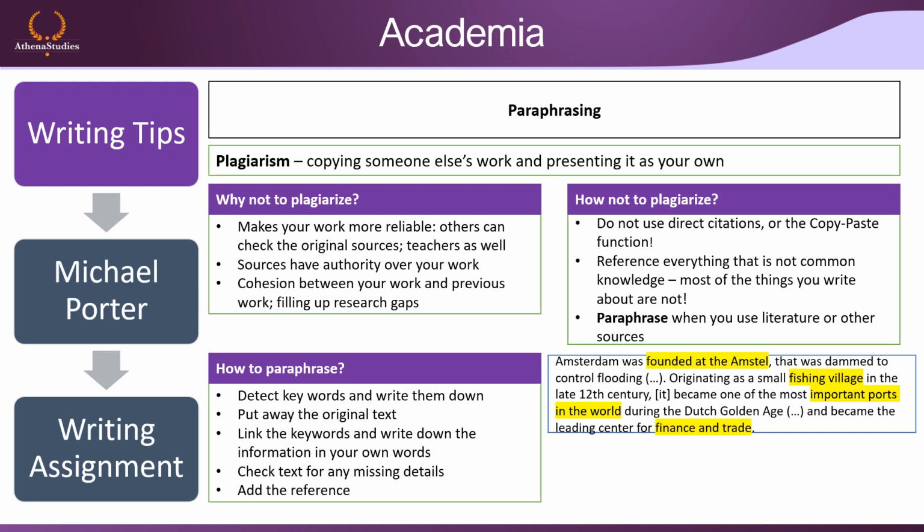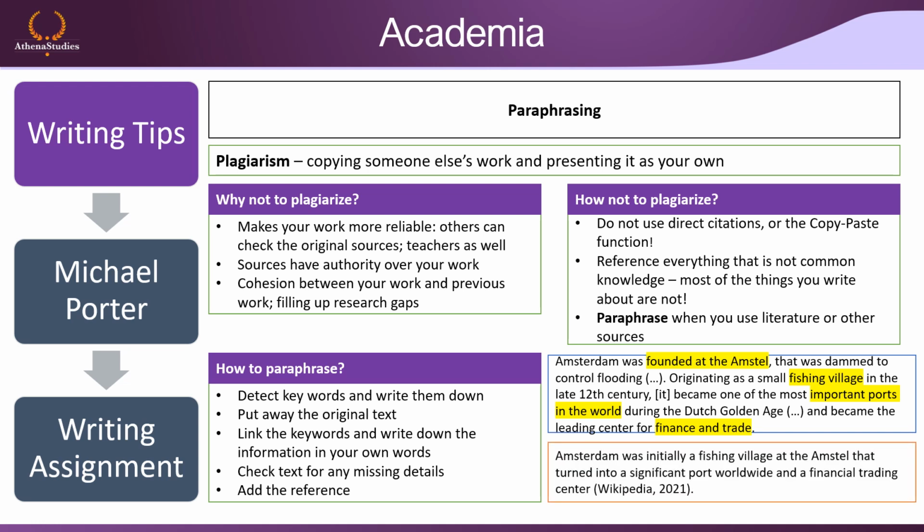So when you're doing it on paper or in your laptop, what you should do now is just hide what the original text is and write a paraphrase using these four key phrases. And the paraphrase would go the following way. So Amsterdam was initially a fishing village at the Amstel that turned into a significant port worldwide and a financial